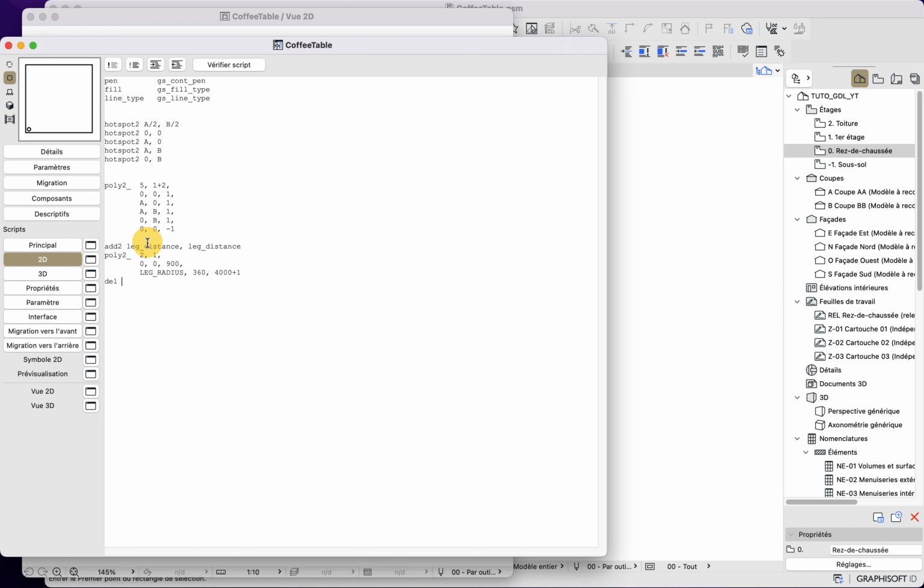So here I want to delete this one, so I put DEL 1, and that means that after this statement, I have reset the position of my local coordinates back to its global position at 0, 0.